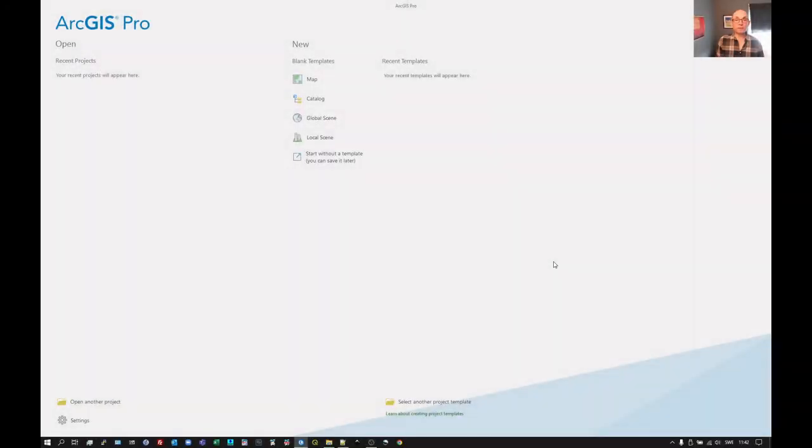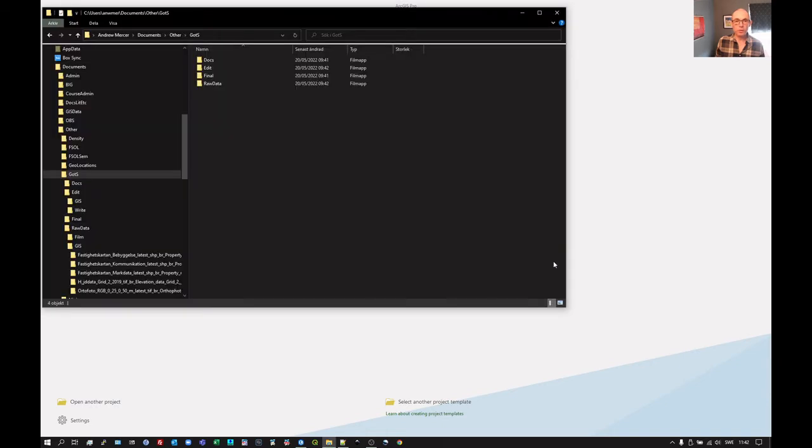Quick look at starting a project in ArcGIS Pro. Let's quickly look at where I'm going to be working on this. I've got a folder here on my drive with some structure, so that I've got my raw data stored here. This is some raster data and some vector data. And then I've got this edit folder here, which is where we're going to create the project under this folder